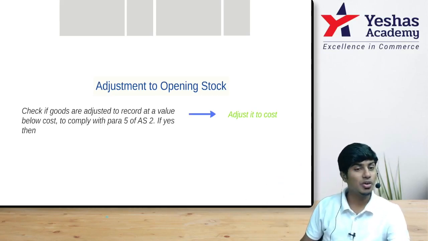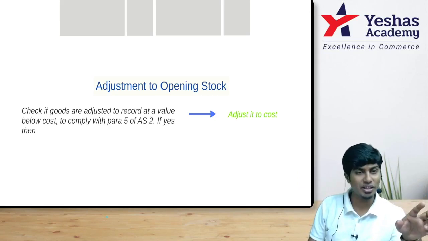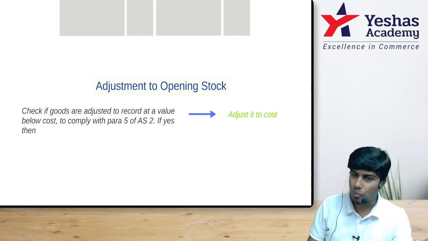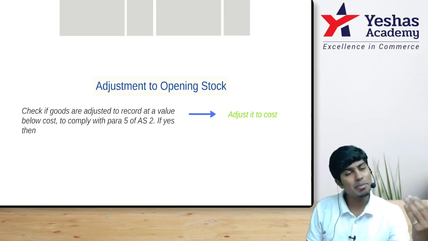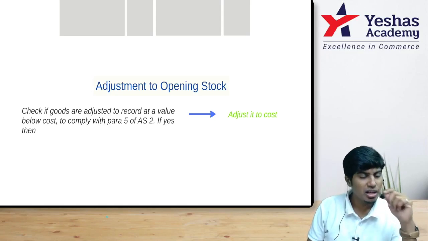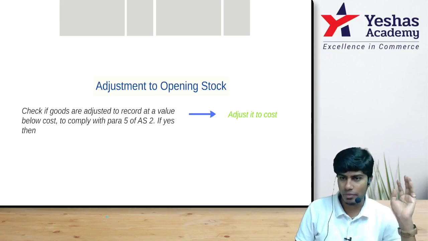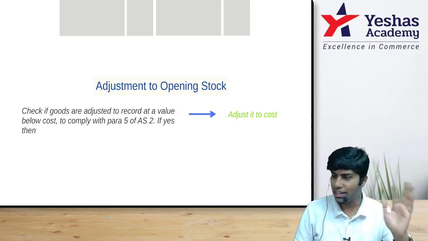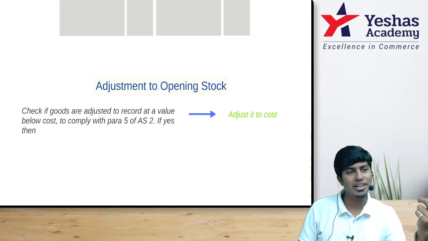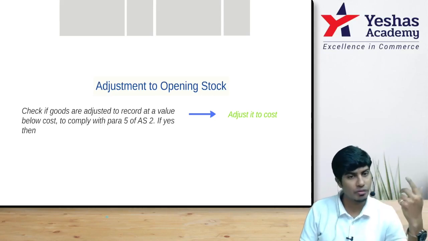Why? Because we are not trying to find the gross profit here. We're trying to find the value of inventory, and when we say value of inventory, we mean cost. For example, you have stock worth rupees 100, and the selling price of the stock in the market is 80. Market or selling price is the expected net realizable value, a very close estimate, so I'll take it as NRV. Cost is 100, net realizable value expected is 80, whichever is less is 80. So we'll write inventory at 80 and 20 rupees would have gone to P&L.